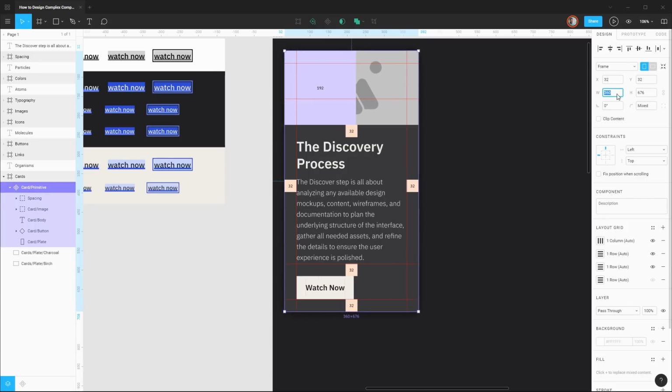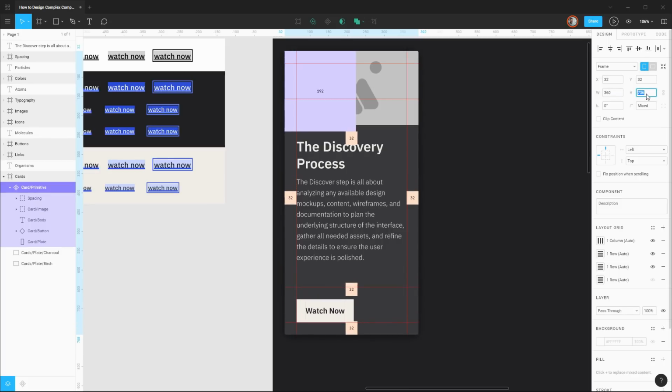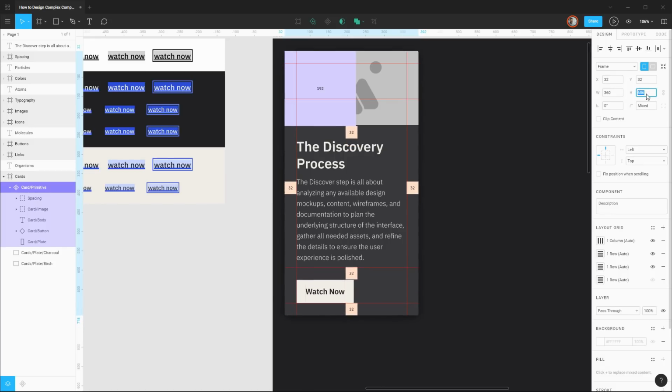So let's restore that back to 360. And a similar thing would be true if we were to alter the height of the component. So you can see that the button is pinned to the bottom. It looks like we have some scaling going on with our spacers, so we can just address that really quickly